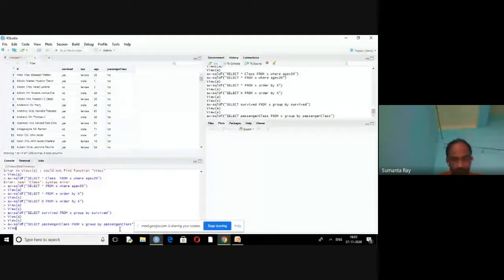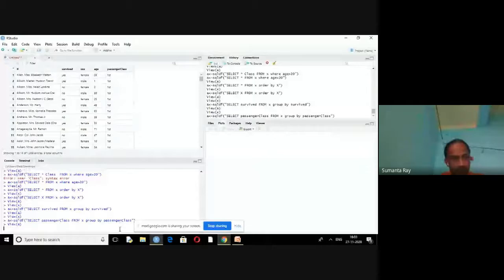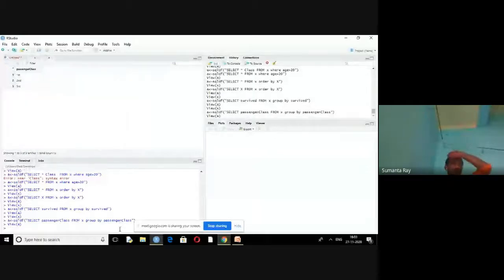Now, the class values are first, second, third. These were the passenger classes, not more than that. So by the group by command, you can do all these things.